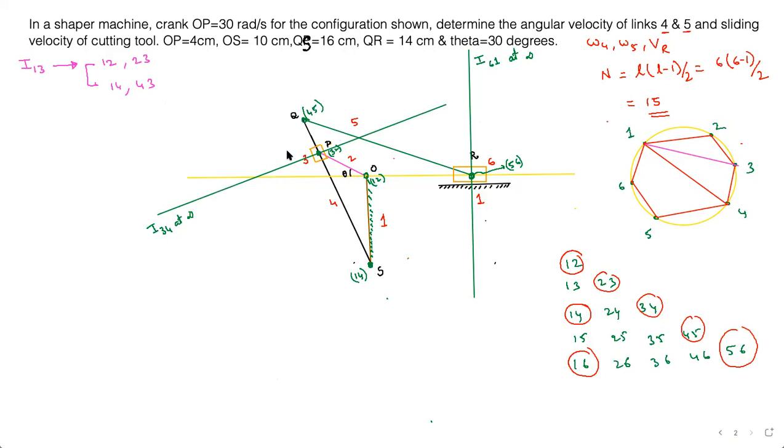No. On this line at infinity, that is there. It is not on this line, right? Somewhere at infinity. Because I don't have the flexibility of taking this, it means it is not on the same line. So I will take this line which is parallel to it, and I will extend it on I14. I can take it anywhere, but it should be parallel. So I14 and I43 are on that line, right at infinity.